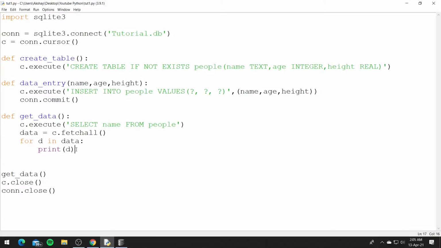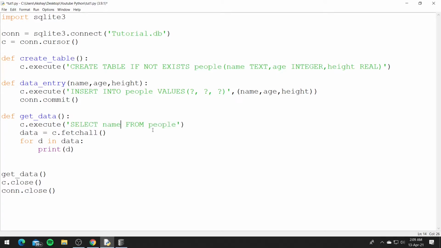And now you can see it prints only the names from the table. So instead of using indexing to just print the name column, this is a much better way because we are not selecting the entire table and then copying the data. We are just selecting the name column and then copying the data from that column. So it is more efficient in terms of performance. We only have 6 or 7 entries, so it doesn't matter as much. But if you have a large table with a lot of data, selecting just the column that you need will definitely improve your performance. And we can also select other columns.